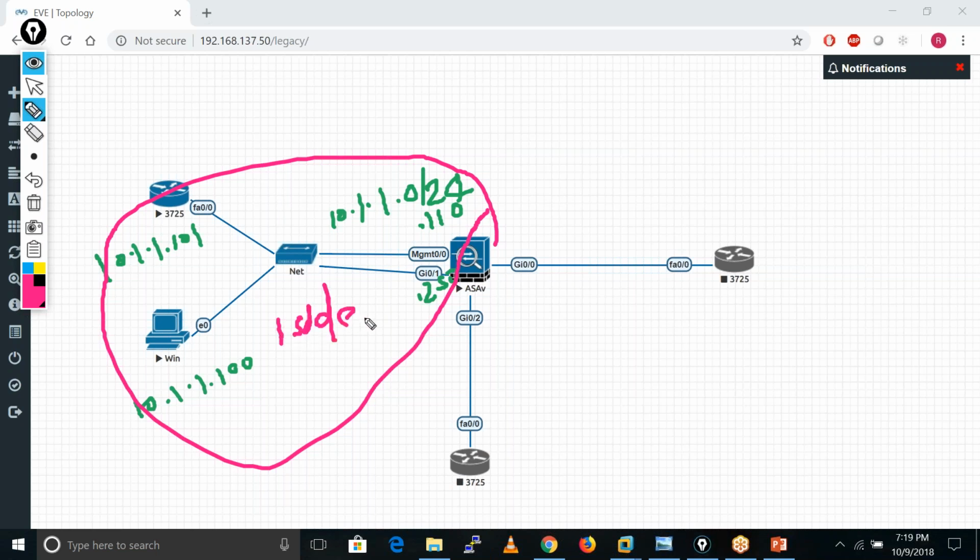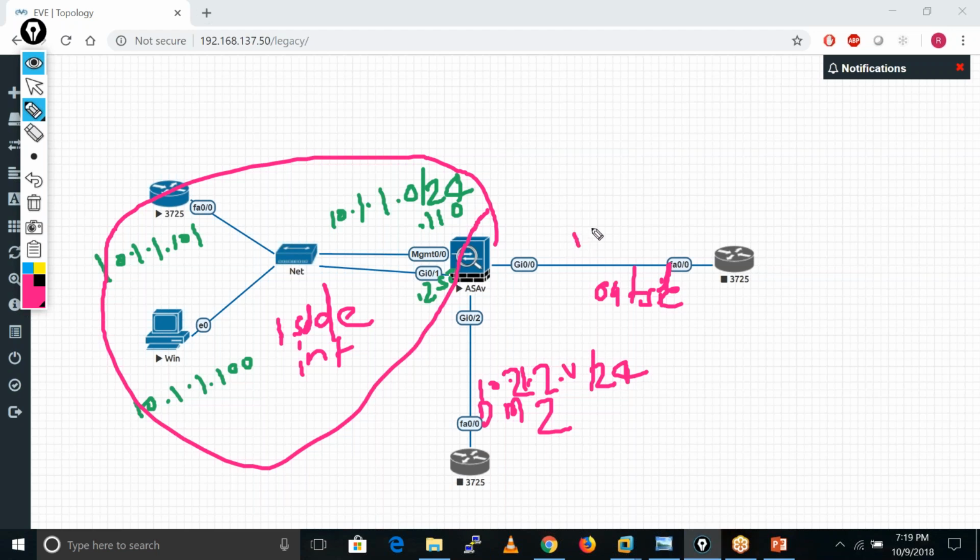And this is my outside interface. This is my DMZ interface. The IP subnet of the DMZ is 10.2.2.0/24, and the IP subnet on my outside interface is 192.168.1.0/24.